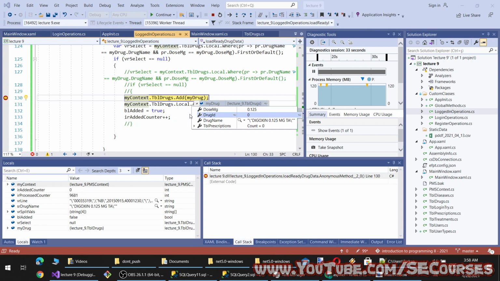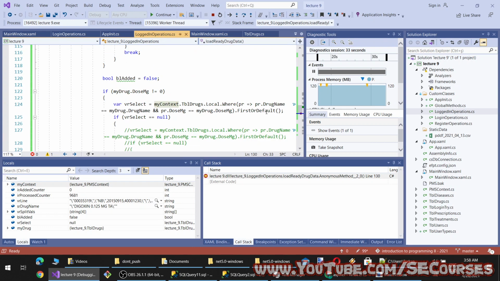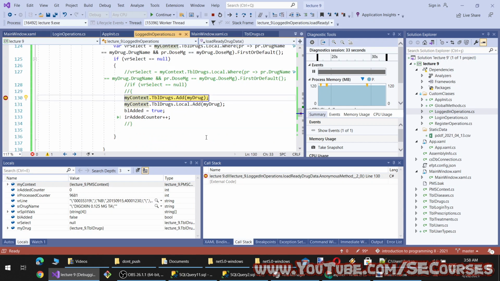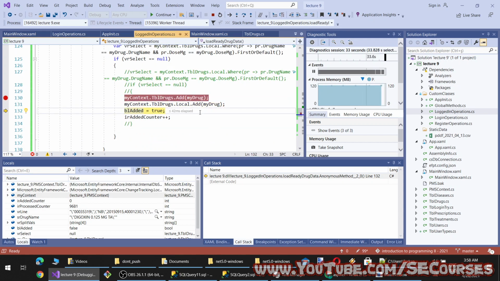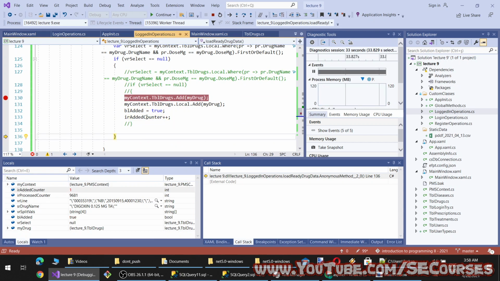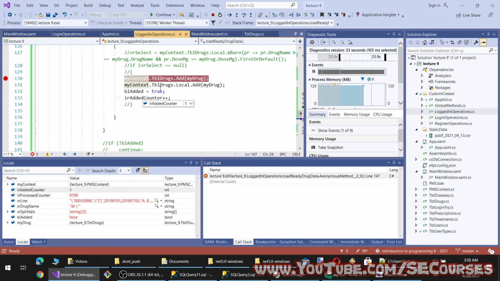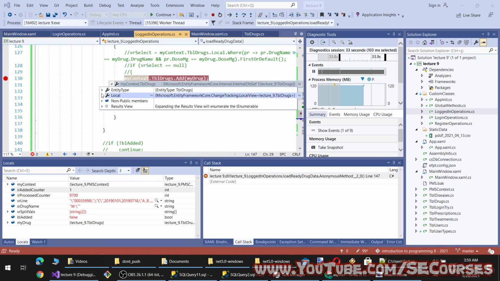But this one has different drug name and dose. Okay, and when we go here, we only have one drug edit. Yeah.